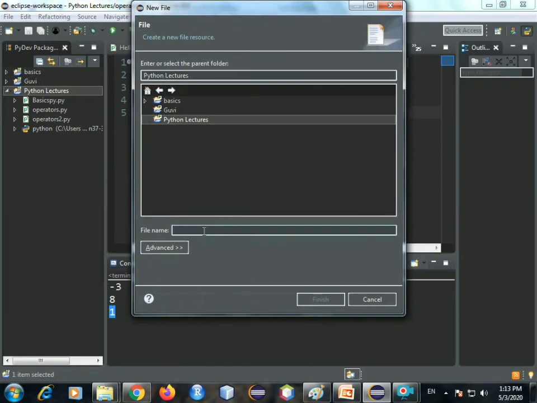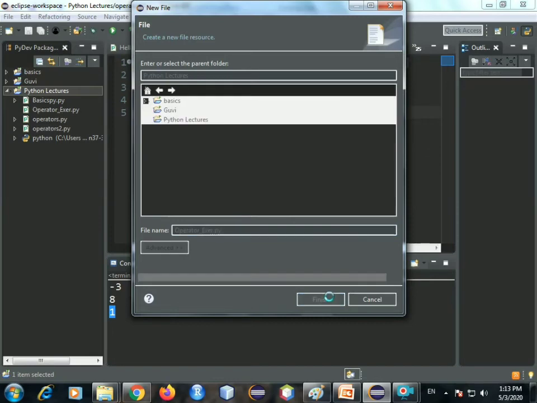Let's give a file name operator exercise dot py. Finish.